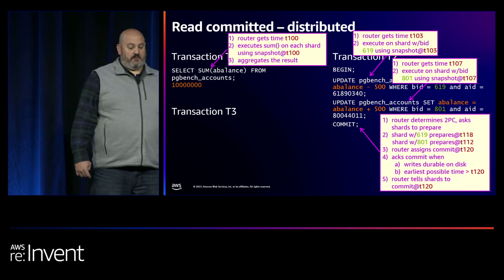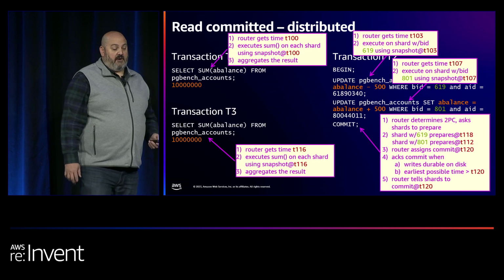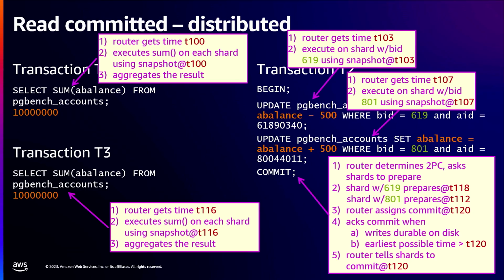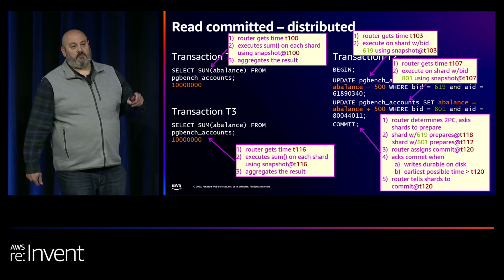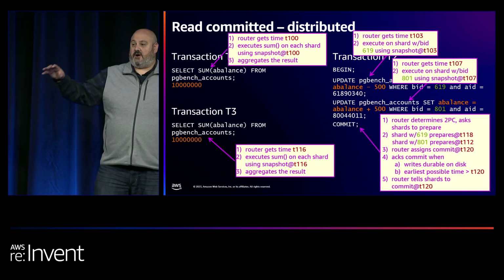All right. So now we'll go over to transaction T3, and we'll do the sum of account balances again. Now, this is a timing thing, and it's interesting here. In this example, this router got time 116, which is actually between the two prepares. It does the same thing with the aggregate sum, sends them all out at 116, gets back 10 million. The interesting thing here is that you can run these updates thousands a second, moving money between shards, committing in a two-phase transaction, and you can run that sum separately. That sum will always tell you 10 million